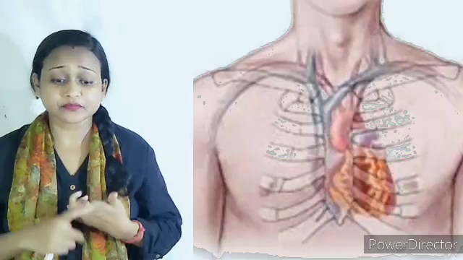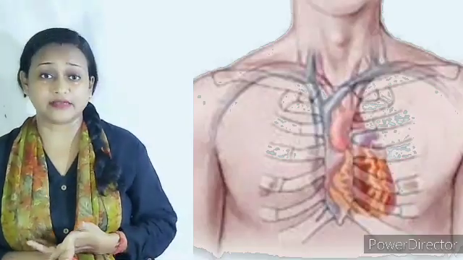The ribs are flexible bones. That is why, when we breathe in and out, our lungs expand and shrink. Again, the heart keeps on pumping. For this reason, the rib bones are flexible. It allows the movement of both the heart and the lungs. So the ribs protect the heart and the lungs.